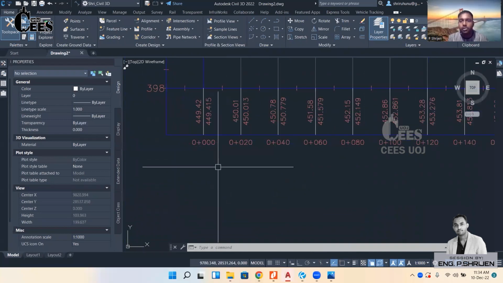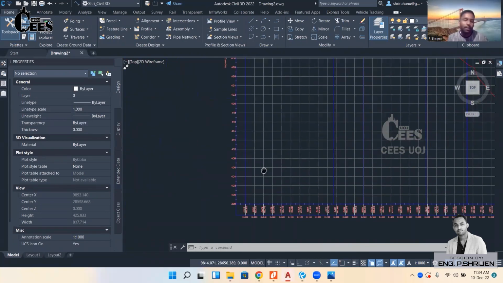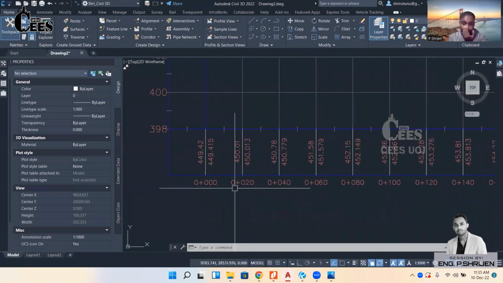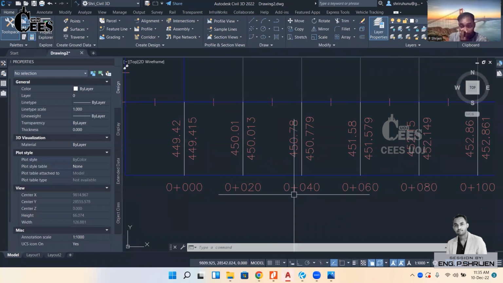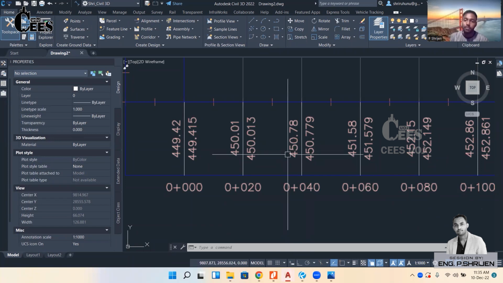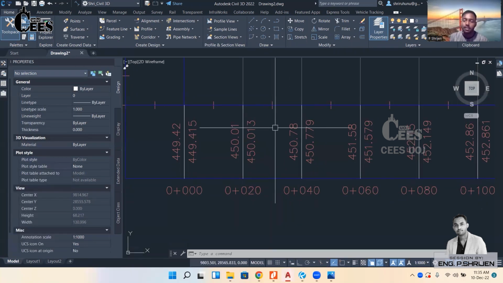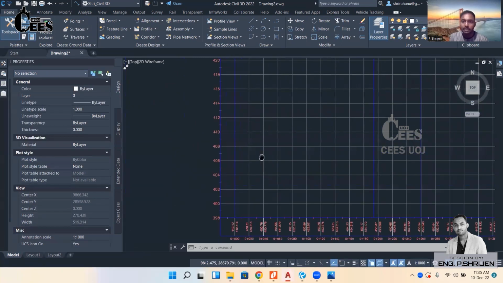For example, at a 20-meter interval, we can find out the elevation. But between those points, we need elevation. Like that, you see, for a 40-meter chainage, I have the existing elevation of 450. But I need the elevation for 30 meters. So therefore, I just click my